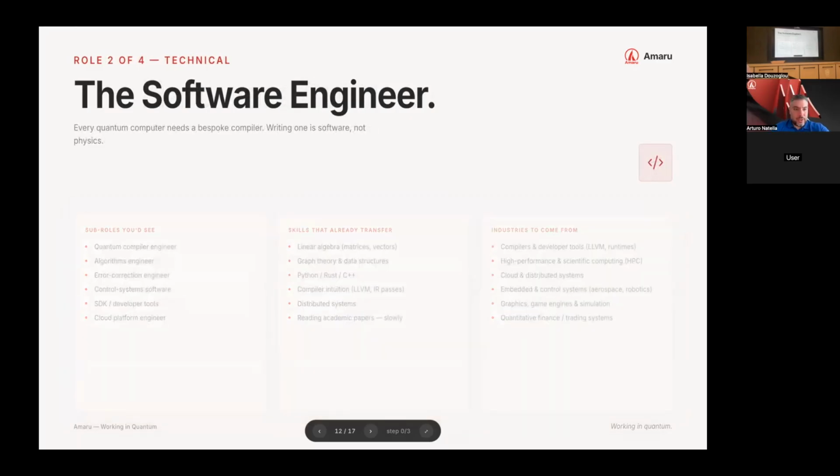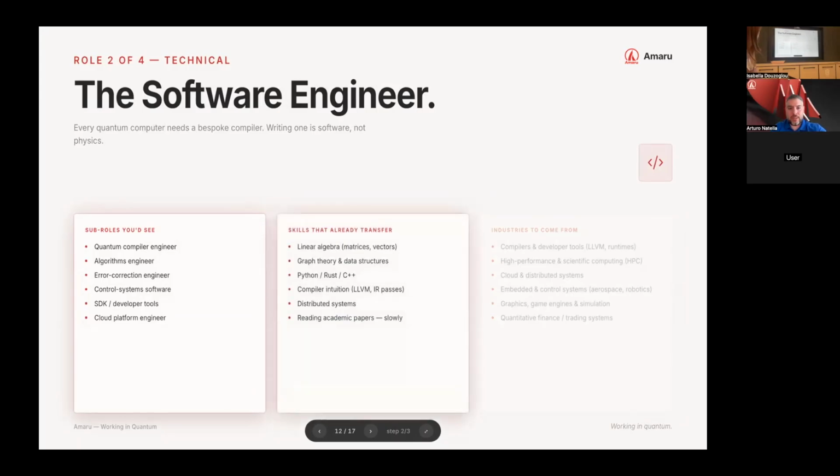The next one is software engineer. Sub roles you would see: quantum compiler, algorithms engineer, error correction engineer, control systems software, SDK developers, cloud platform engineers. Skills that you need to do this stuff: linear algebra, graph theory and data structures, knowing these types of things, understanding programming languages like Python, Rust, C++, having some sort of working knowledge of compilers and being able to compile